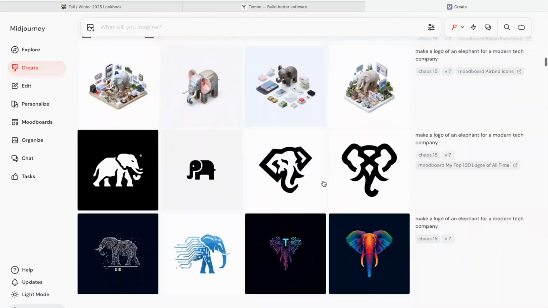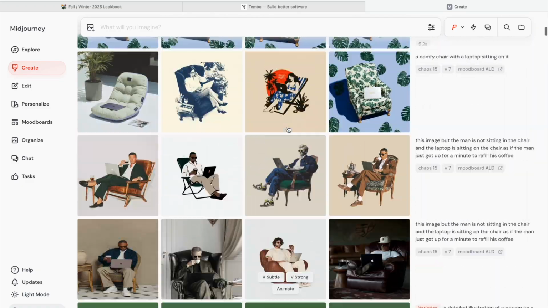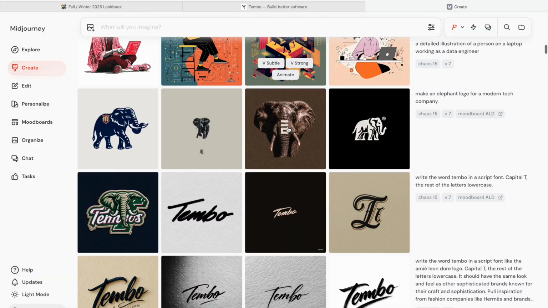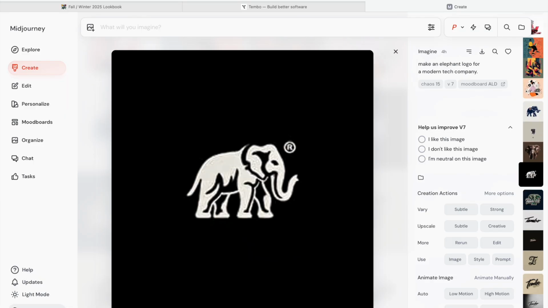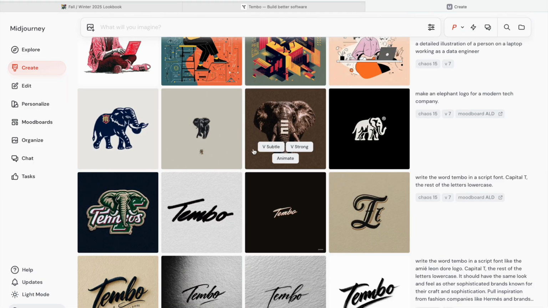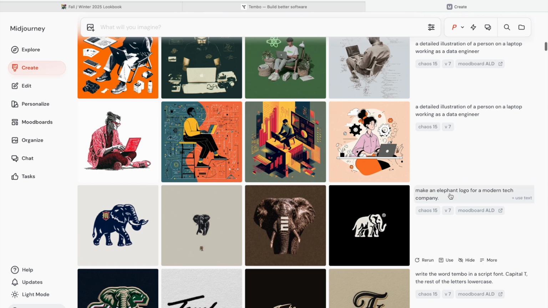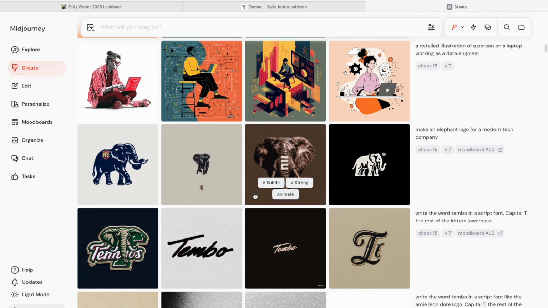So compare these to where you go to this. It's just something interesting. So anyway, I didn't really spend too much more time on the elephant. Then I started thinking, okay, what's a real world use case of using something like this? And I thought, okay, a company like Timbo, maybe they would have an illustration on their marketing website showing this